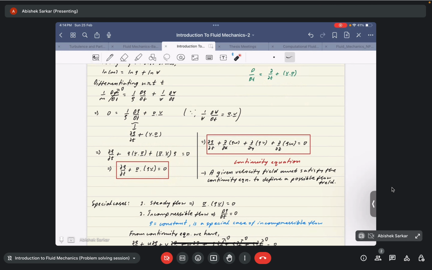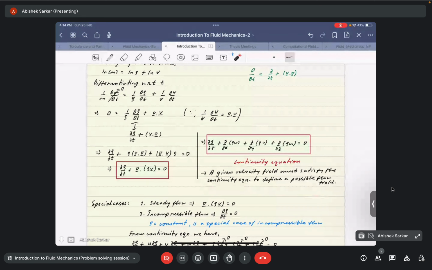Okay, so if we say that we are trying to write this equation for a Cartesian coordinate system, then it can be expanded in this form. And again we have a very important conclusion: a given velocity field must satisfy the continuity equation to define a possible flow field. Okay, so we can arbitrarily give any expression for u, v and w, right, but for